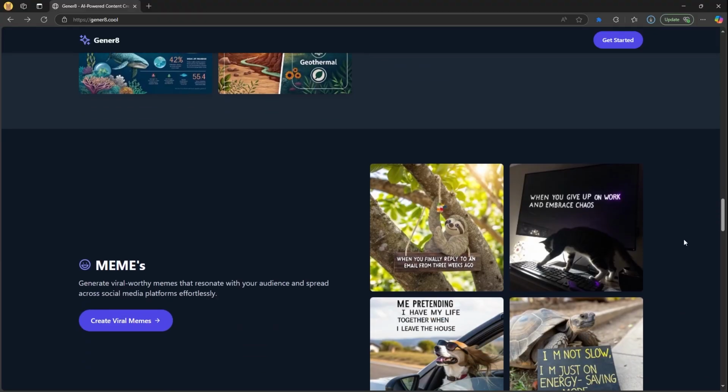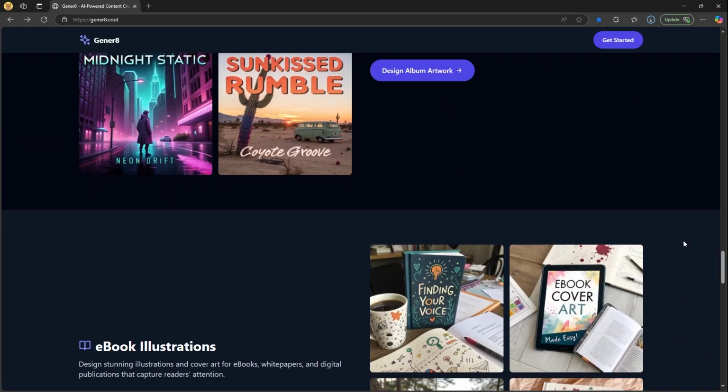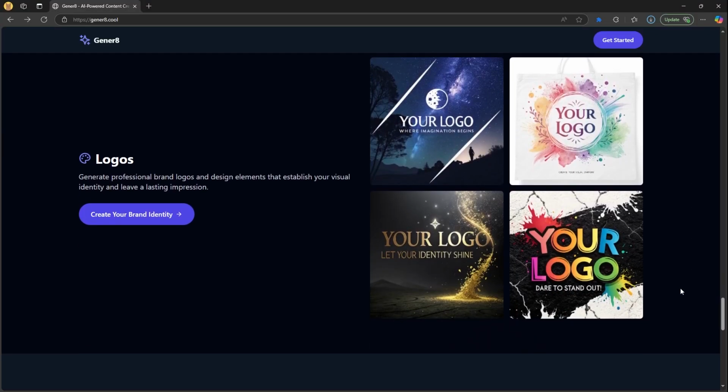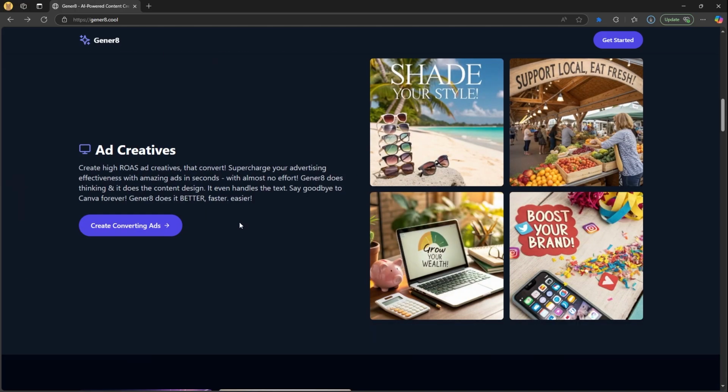Gener8, of course, is great for infographics, for memes, for song cover albums, ebook illustrations, logos, and so on. What I use this most for is actually generating ad creatives. This was the reason that I created Gener8 in the first place, because ad creatives are one of those things that you need to create a lot of, you need to try a lot of. It takes a long time to usually create them, and Gener8 is able to crank them out at an incredible